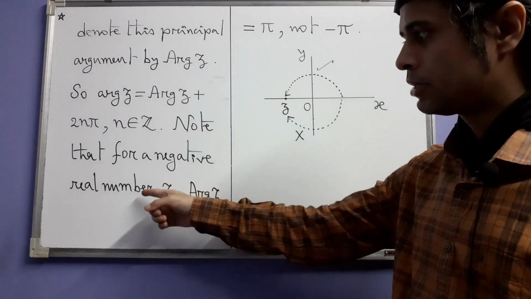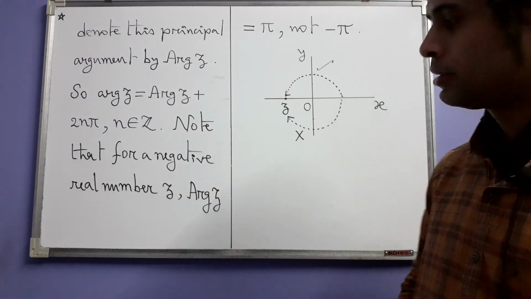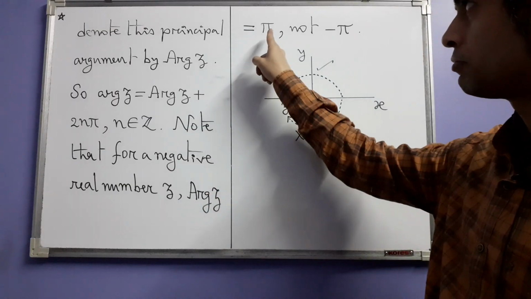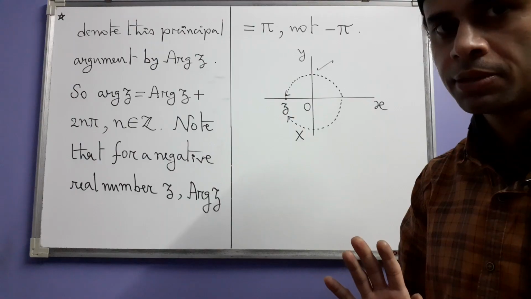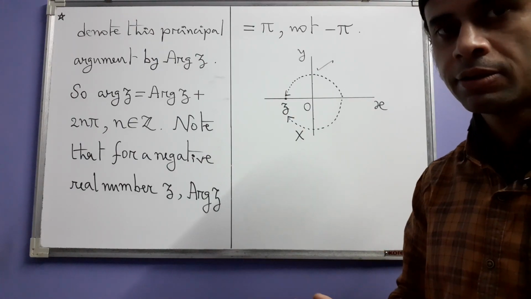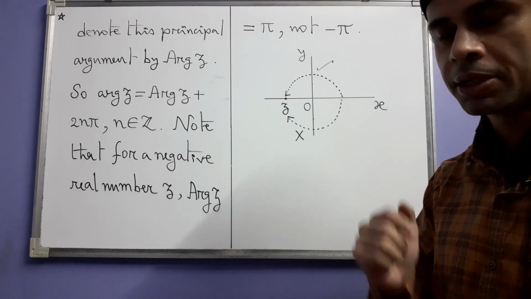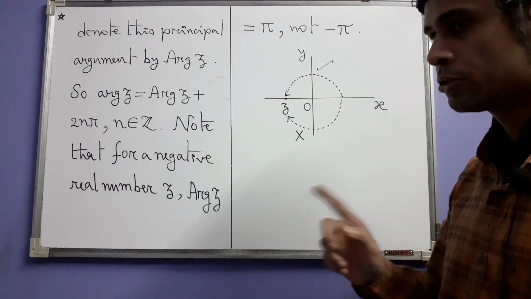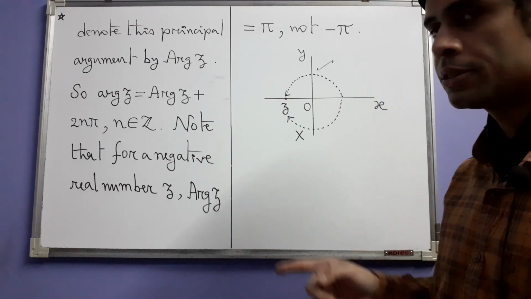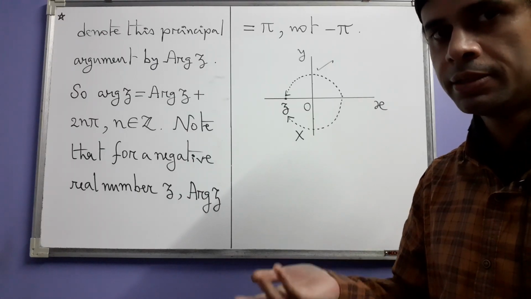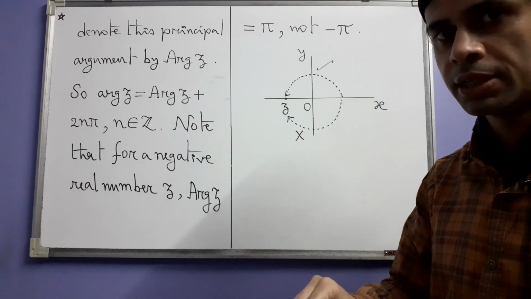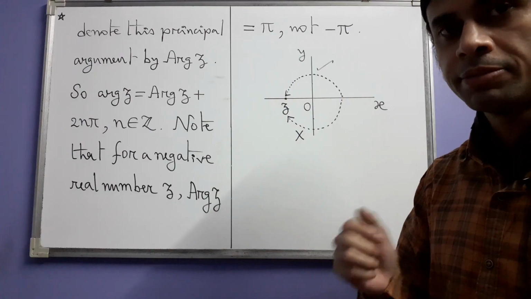Note that if you have a negative real number z, then its principal argument will be pi, not minus pi. What's the definition of principal argument? It's the angle which lies between pi and minus pi. But even with those restrictions, in this case you still have two options. I mean, if you just simply somewhat vaguely give this restriction that it has to lie between minus pi and